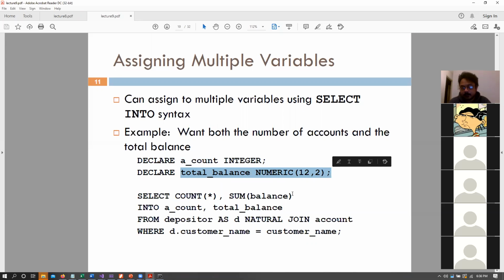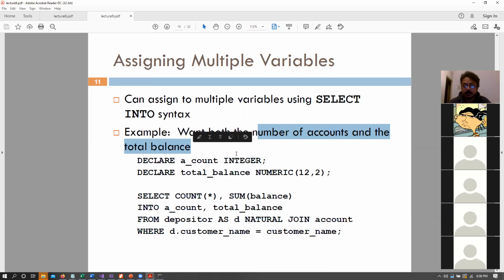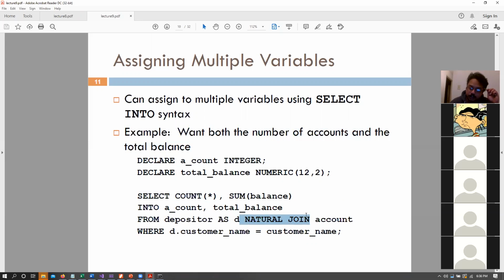Total balance is a decimal type value. So count star, sum balance into a count and total balance from depositor. Because we want the number of accounts and the total balance for every customer, we needed to join the two tables together, because both of those don't exist in the same table. We perform a natural join.